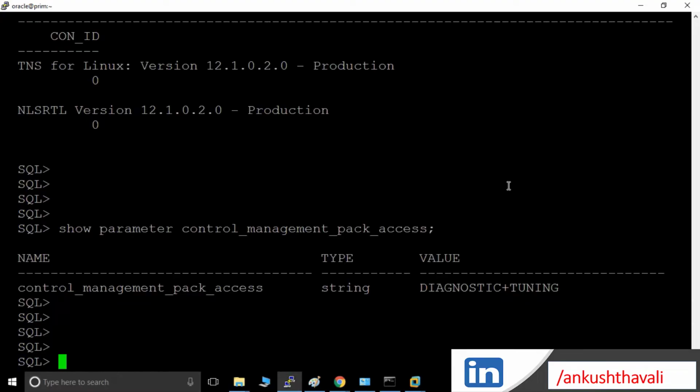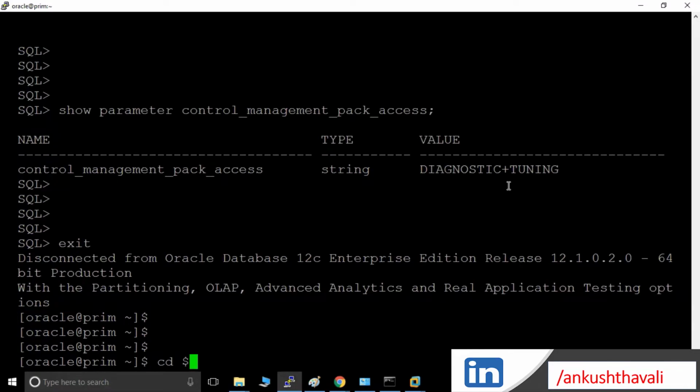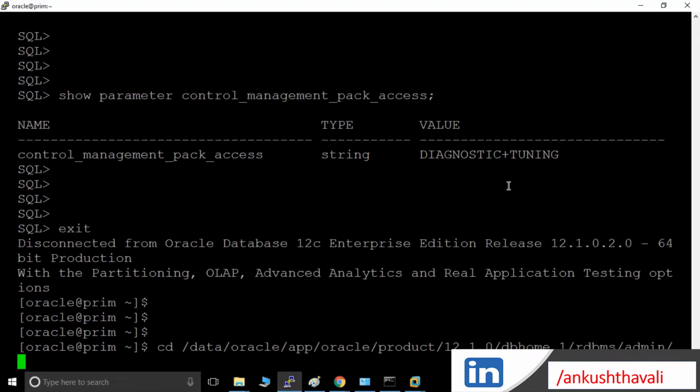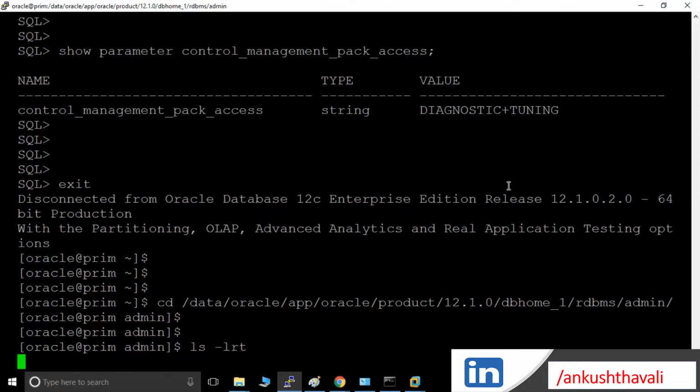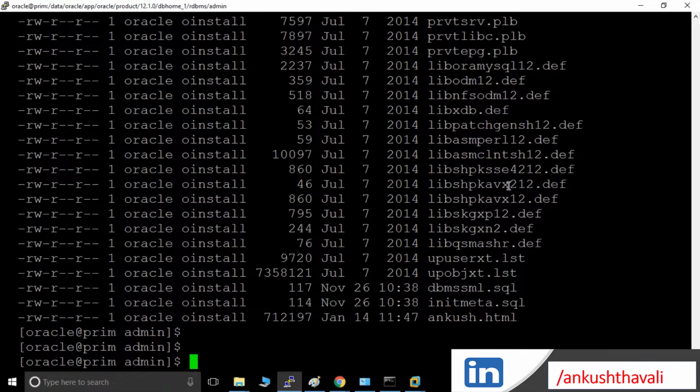Now, if you want to fetch this AWR report, we need to run one SQL which is provided by Oracle itself. What is the location of that SQL? Go to the Oracle home, then RDBMS, and then go to admin. If you go inside the admin, here you will see all the scripts provided by Oracle itself. Inside that, there is one script we call AWR RPT. So I'm just grepping it,